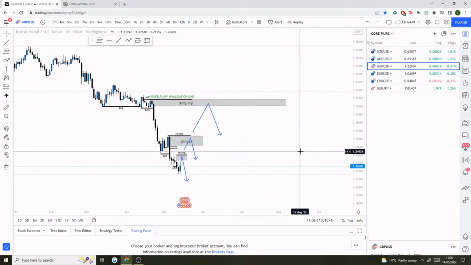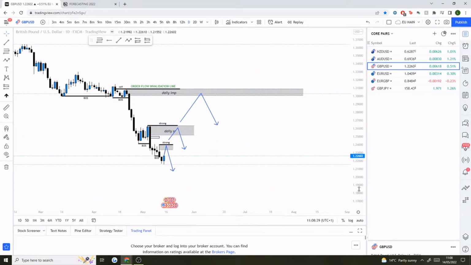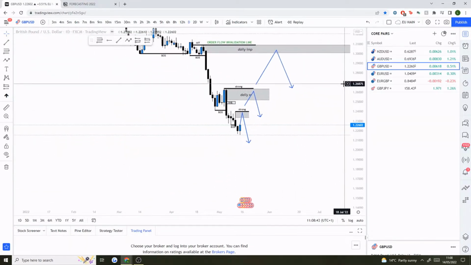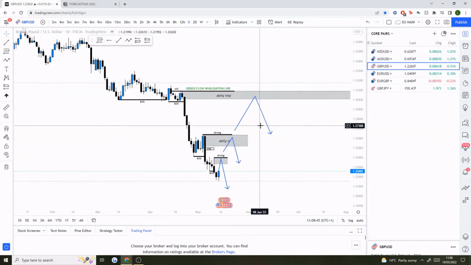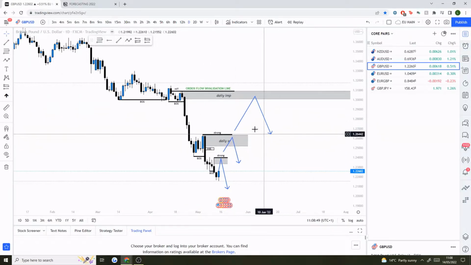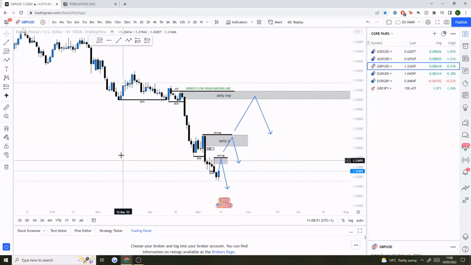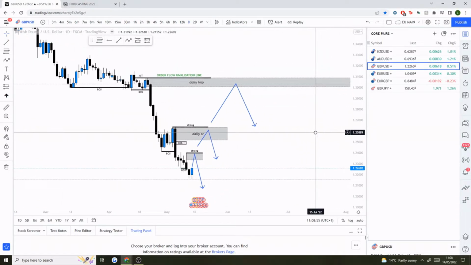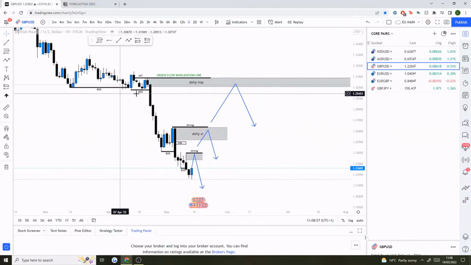So pound dollar. It's literally the same structure as last week on the daily. Like I said, I didn't get the forecast out last week, guys. But if you do check the comment section of my previous forecast, then you can see my written forecast from last week. But what we've basically got on pound dollar, we had this break structure here, and that left behind